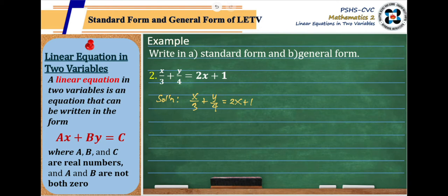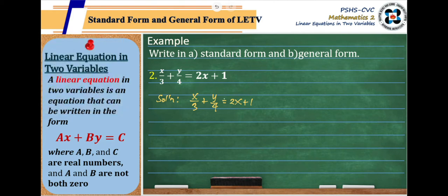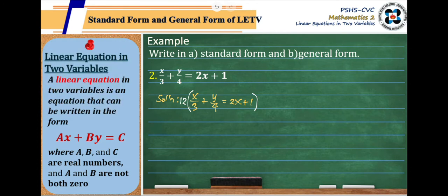Now, I want to get rid of fractions first. So I can start by multiplying the equation by the LCD of all the terms. Here, we can see that the denominators are 3 and 4. So the LCD now is equal to 12. So I'm going to multiply this equation by the LCD 12. And so multiplying each term by 12, we have 12 times x over 3,